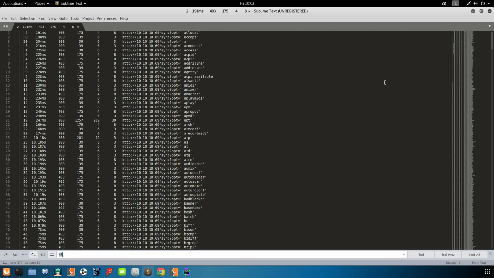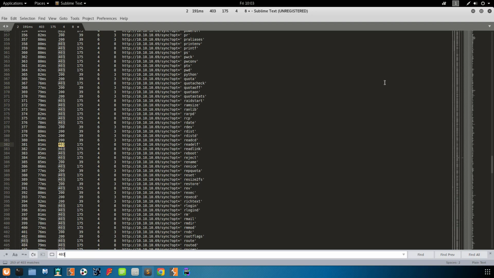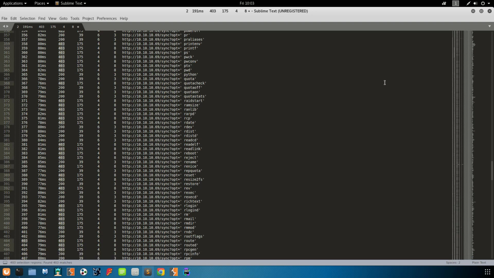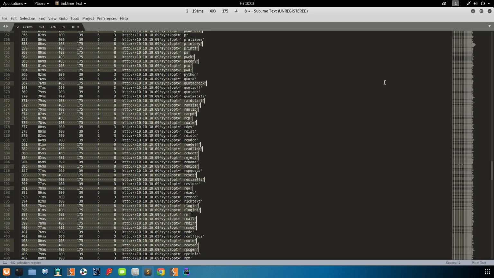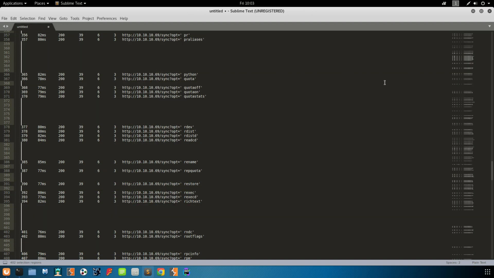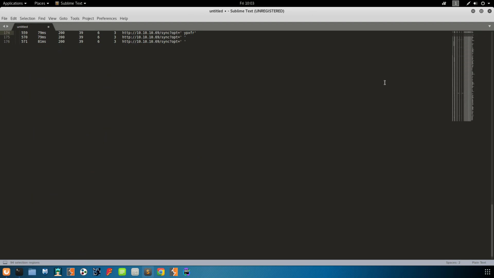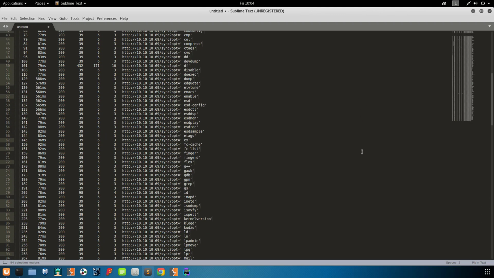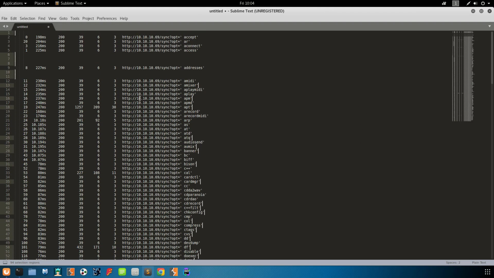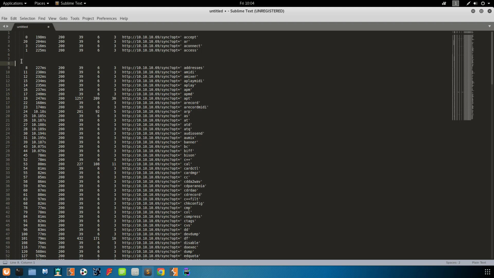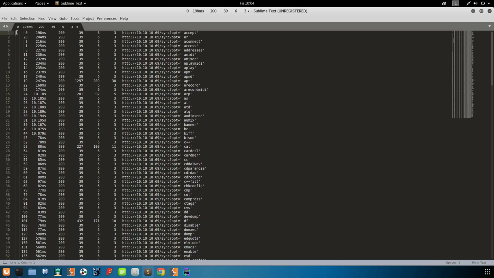So we just do a find. Let's find 403s. So now we have all the 403s selected. We'll hit home to go to the beginning, shift end to select everything, and then clear this out. So now we have no more 403s left. I'm not sure why these ones at the top kind of screwed up, but that's fine. Manually clean it up. Okay, and then the rest of these that are 39 characters we also don't want, so let's do,